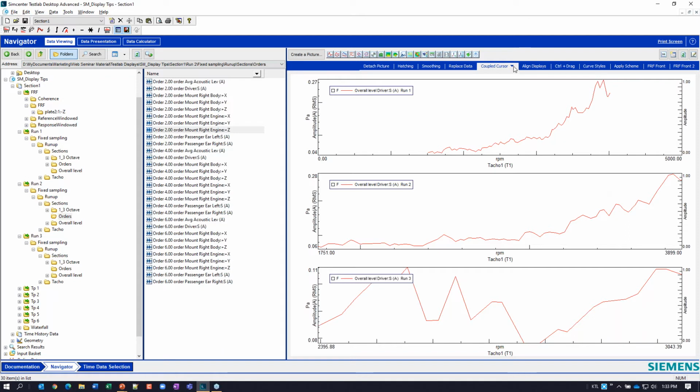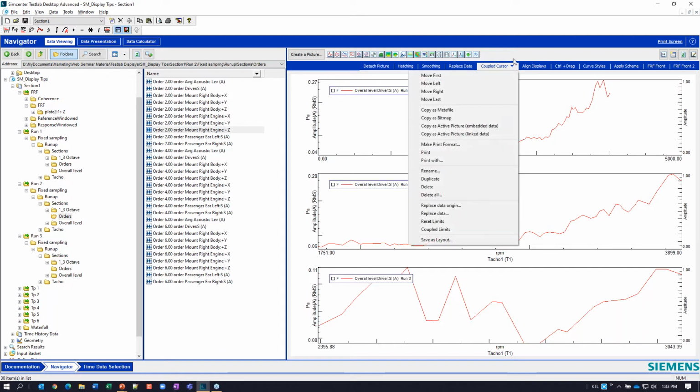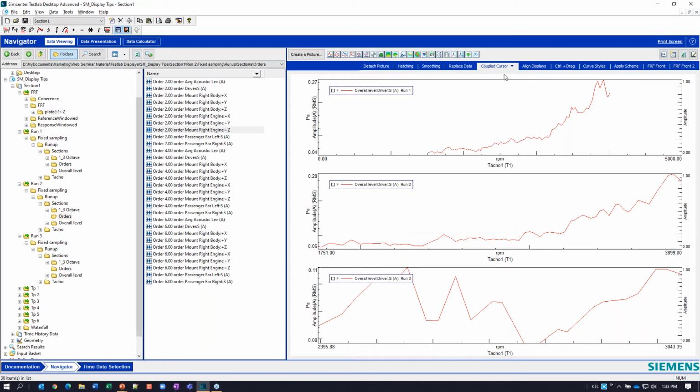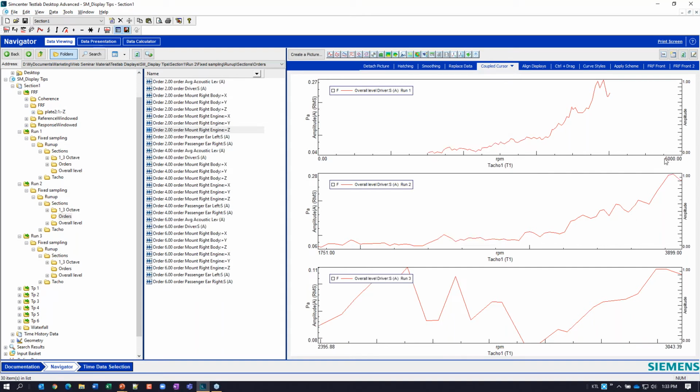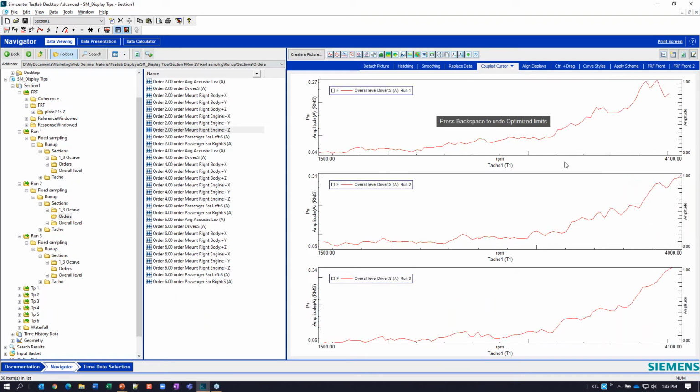Well, I can come up here and, again, go to that display pull-down menu, and I can say coupled limits. Okay, and so now if I look over here, you'll see this check mark there. And now if I come in here and say limits optimized, boom, now all 3 of these limits in this display are all coupled together, and they all became optimized.